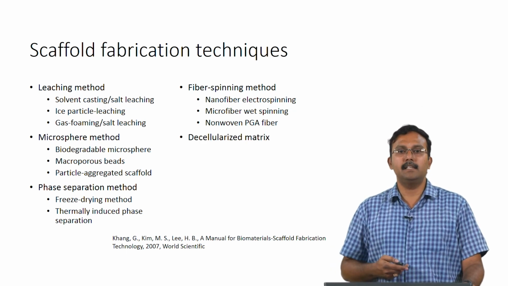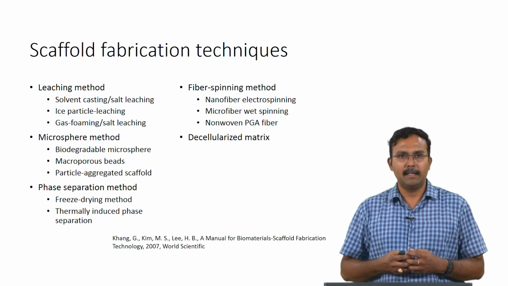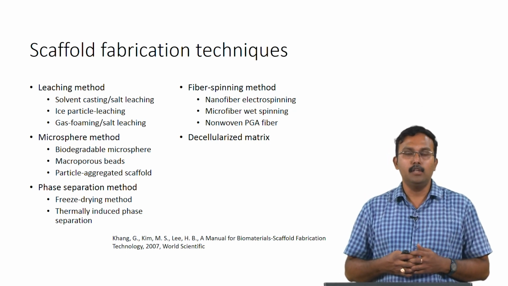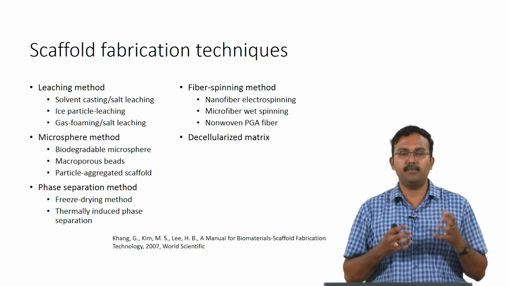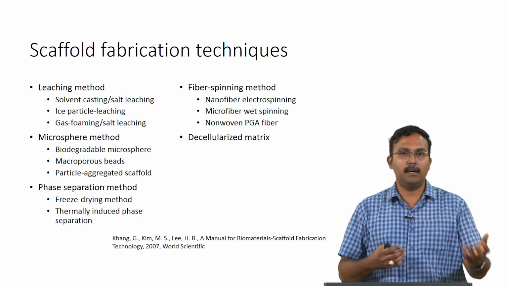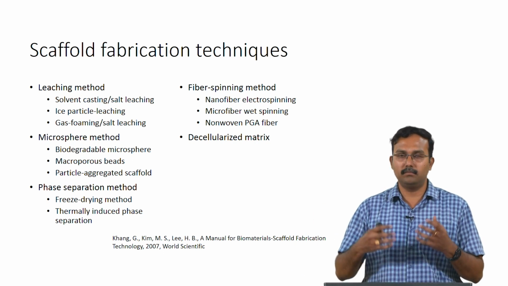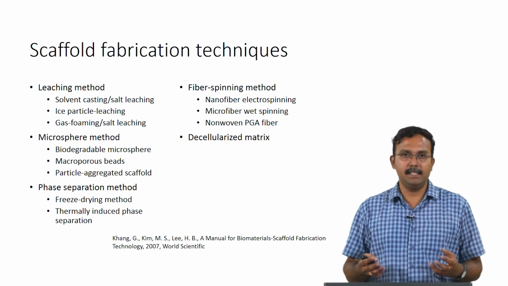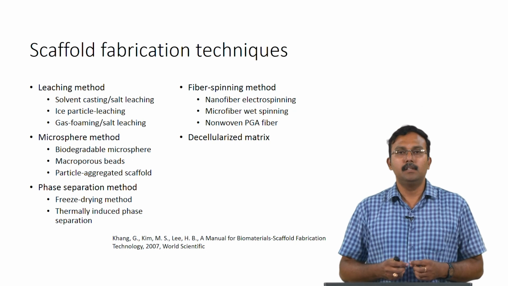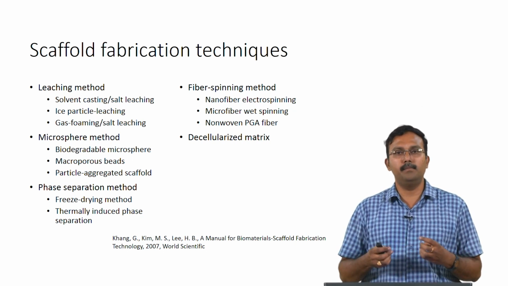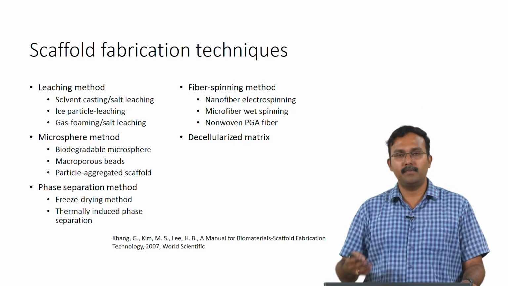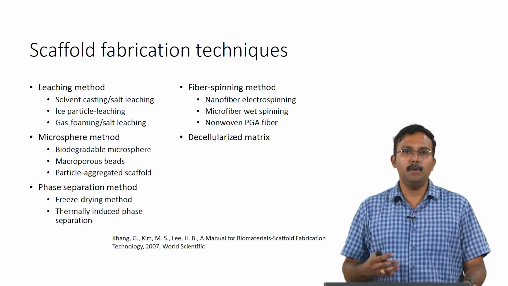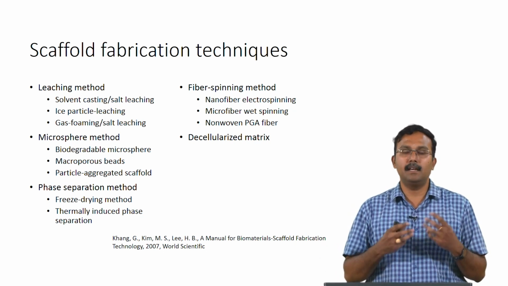So, next strategy is called as decellularized matrix. So, this is one of the growing strategies which is being looked at. So, where you actually take the extracellular matrix from the native tissue. This could be either from a human donor or also from non-human sources from other species. So, what you do here is you remove the cells and all the cell based components. So, this is done through different methods. It could be using some chemical treatment or physical treatment, followed by complete removal of all the toxins. So, this way you create a matrix which resembles the native tissue.